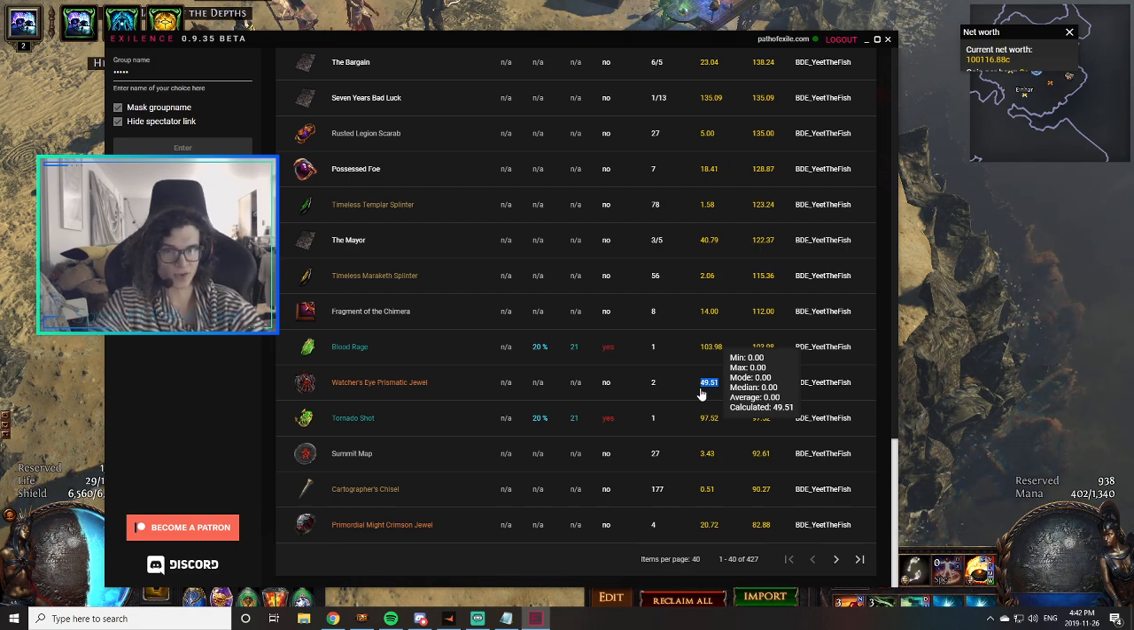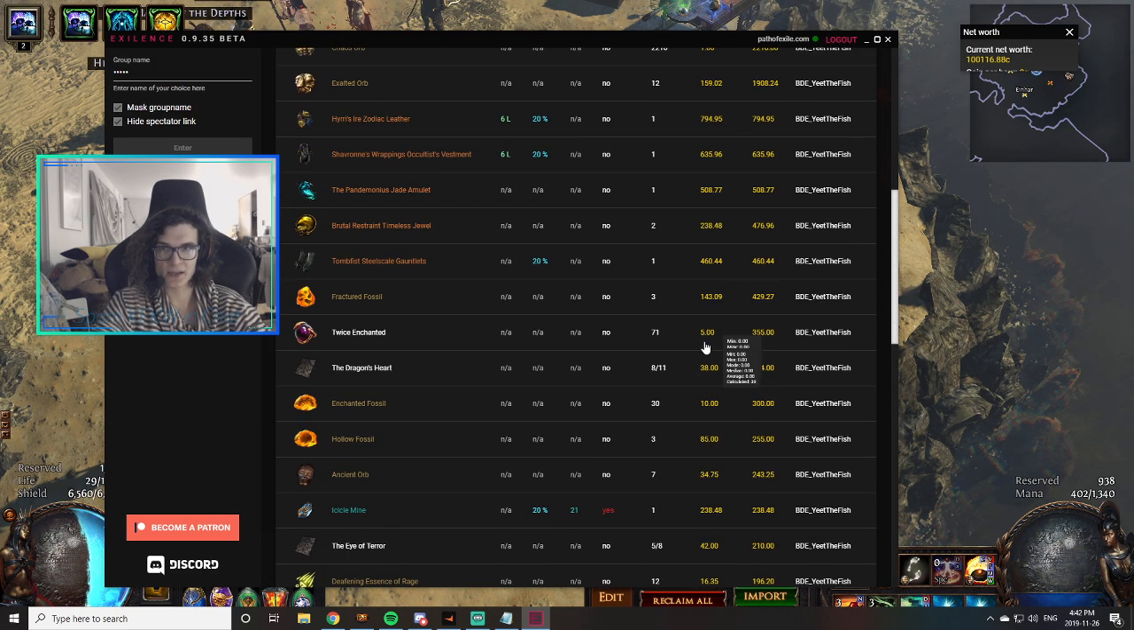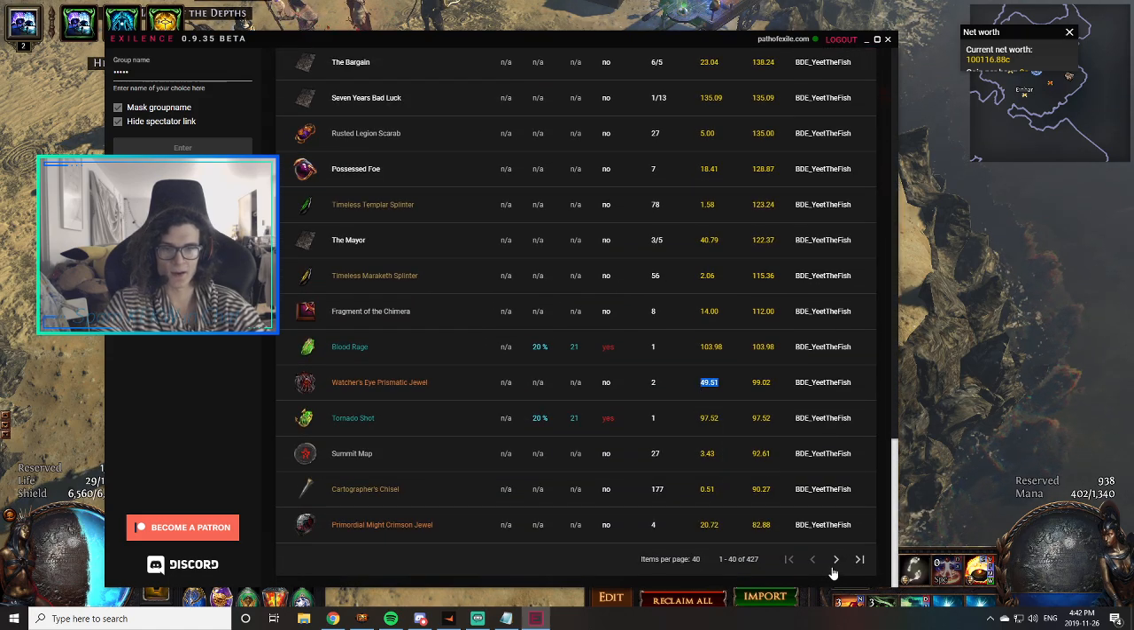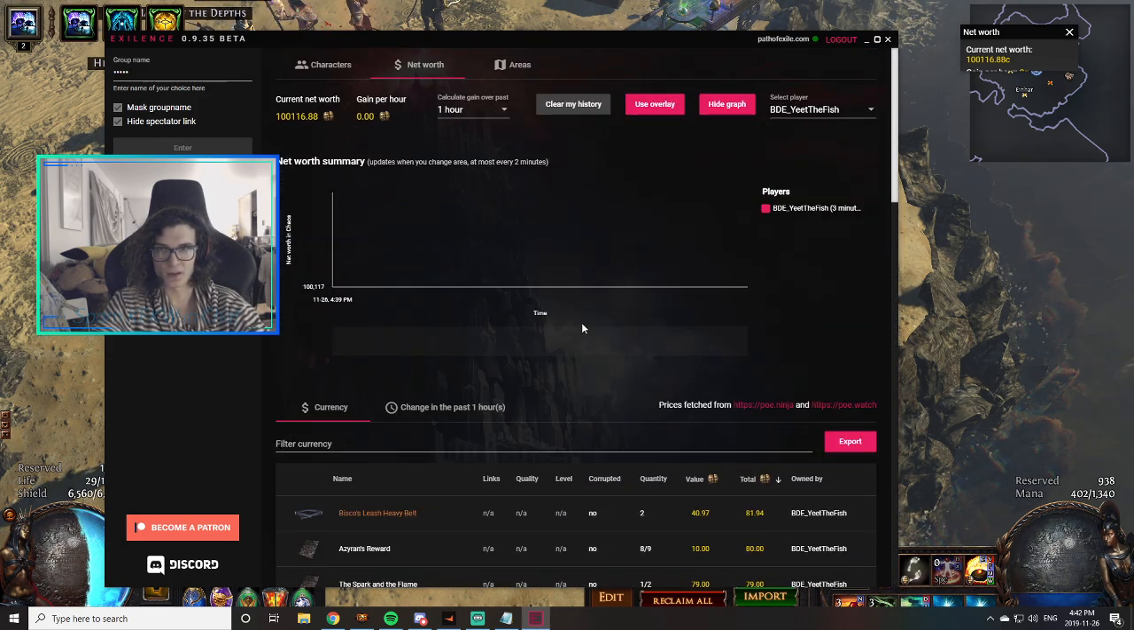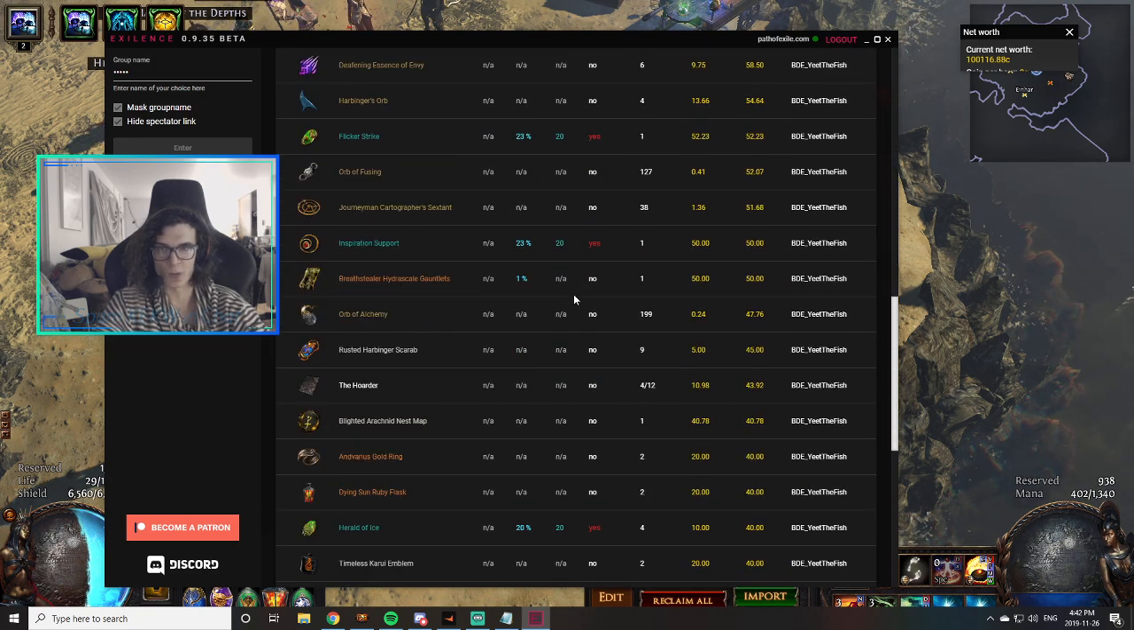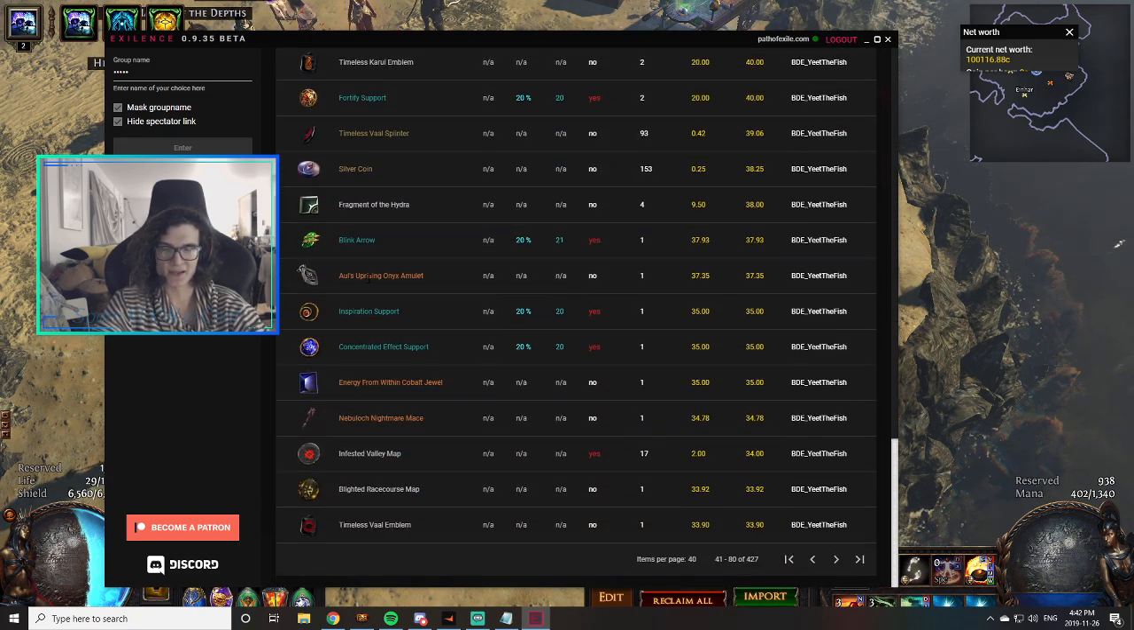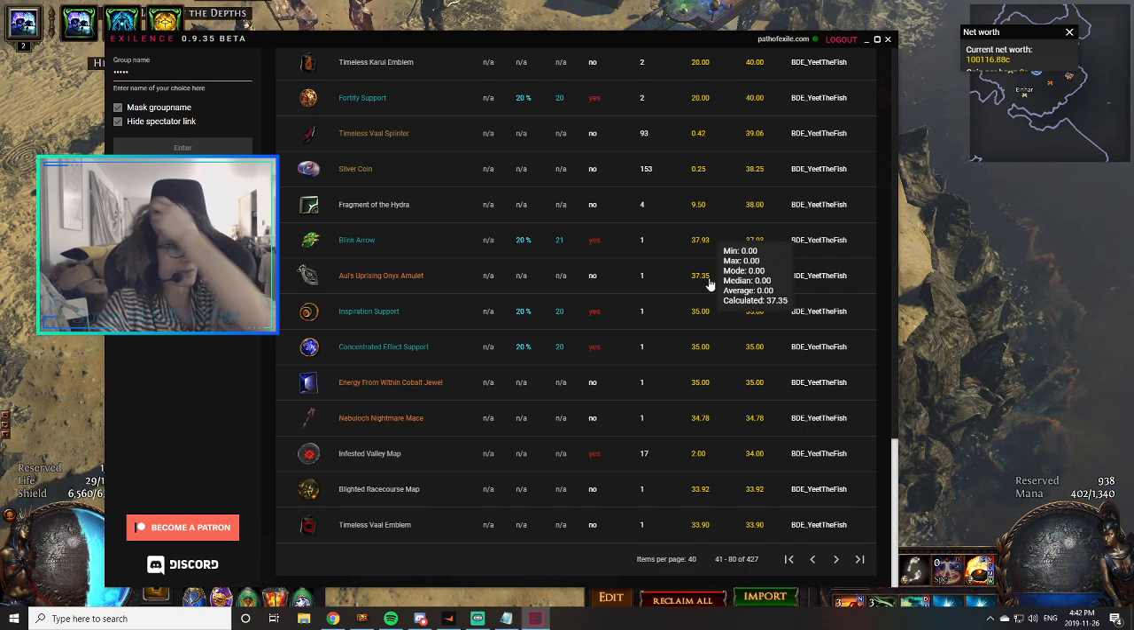We all know that Watcher's Eye can be worth multiple mirrors, so obviously the program doesn't account for the rolls of the uniques, but it also doesn't account for which roll you have on your Watcher's Eye. The same thing could be said for something like an Atziri's Uprising amulet as well. I think I saw one earlier. Yeah, see, Atziri's Uprising is valued at 37 chaos, when almost all of them are minimum 1x,